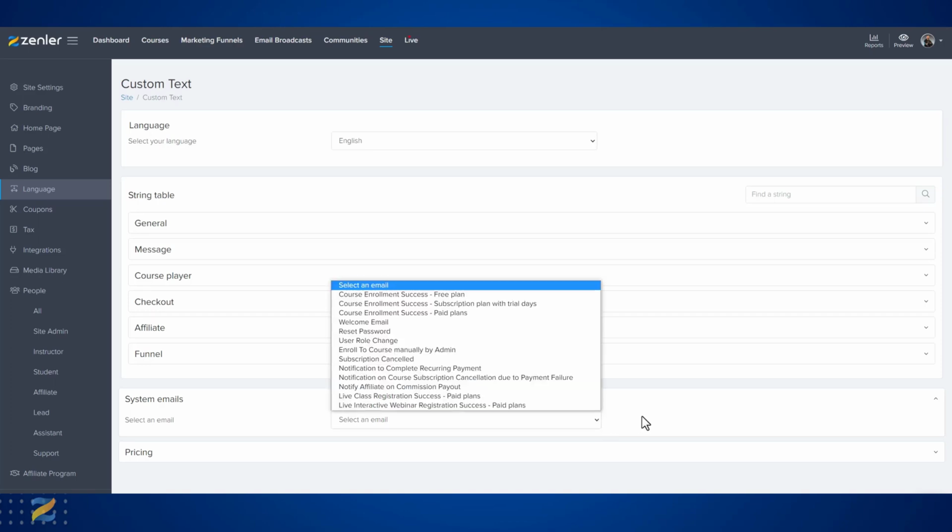drop-down. Inside here, the system emails that will go out to your users are course enrollment success on a free plan, course enrollment success on a subscription plan with trial days, course enrollment success on a paid plan, welcome emails, resetting the password emails, user role changes, enroll to course manually by admin, a subscription cancelled, notification to complete recurring payment, notification on course subscription cancellation due to payment failure,